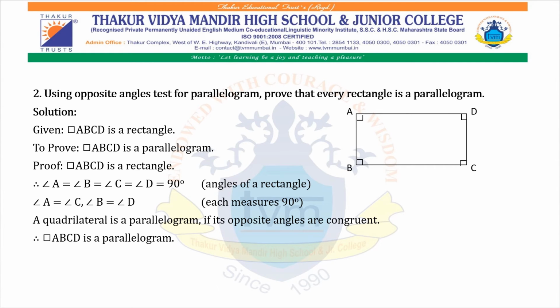Question 2. Using the opposite angles test for parallelogram, prove that every rectangle is a parallelogram. Solution: given quadrilateral ABCD is a rectangle. To prove quadrilateral ABCD is a parallelogram. Proof: